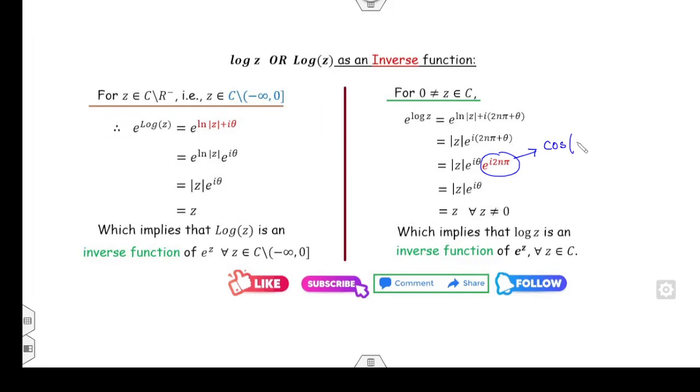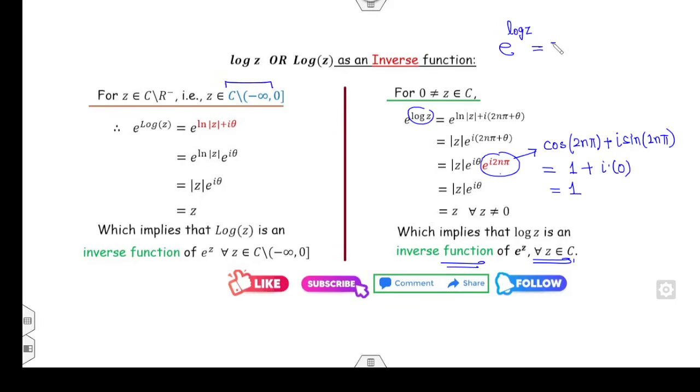आई कैन राइट दिस पार्ट इज cos ऑफ 2n पाई प्लस आयोटा टाइम्स साइन ऑफ 2n पाई। cos of 2n pi is my 1, sin of 2n pi is my 0। The answer is 1। So that means small log is also the inverse, but इसकी डोमेन क्या होनी चाहिए, कंप्लीट सी। फाइन, तो आप ये देखिए, अगर आप इस डोमेन में बात करते हो तो आप ये नहीं कह सकते e ऑफ द log z इज इक्वल टू z। अगर आपके पास जो डोमेन है z की वो c माइनस आर नेगेटिव है तो ये नहीं होगा।